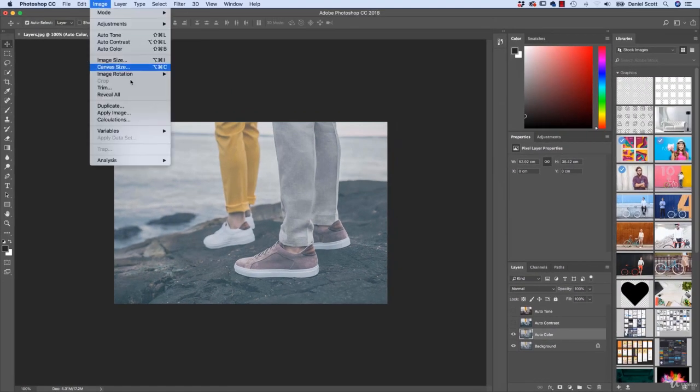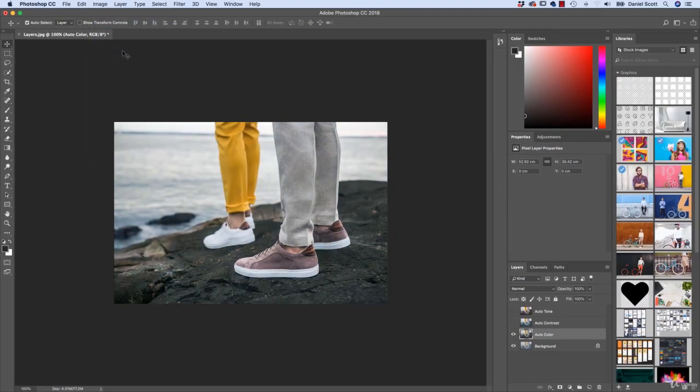Go up to image, let's go to auto color, and pretty good. Looks pretty close to auto tone. So if I turn auto tone on and off, depending on what resolution you're watching this video in, you might not see very much of a difference. Okay, there's a slight difference. It's just maybe tonal range. Auto tone's got a warmer feel to it, and auto color has just a tiny green tinge to it. So a couple of things we've learned is